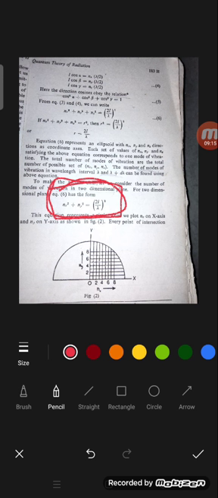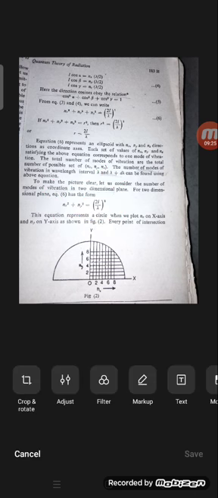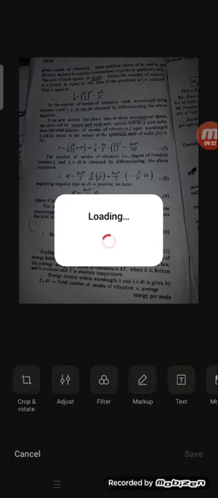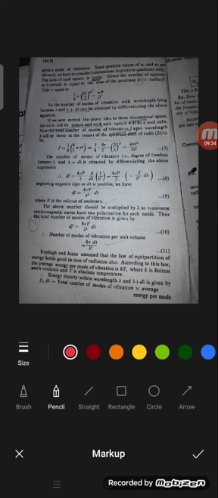So we are plotting nx on the x-axis and ny on the y-axis. Like this we plot a graph. Every point of intersection makes a mode of vibration. Now we consider only the positive values, that is nx and ny will be positive. Now the area of each square is unity.